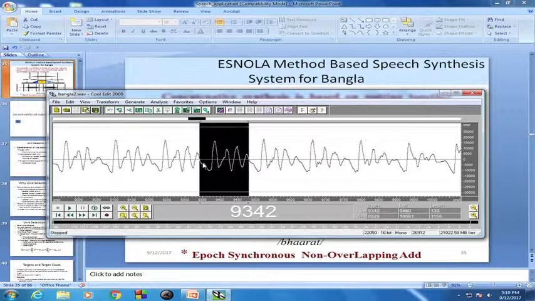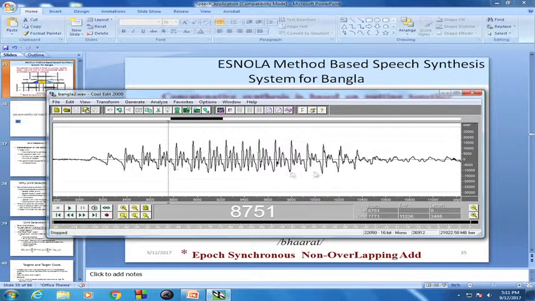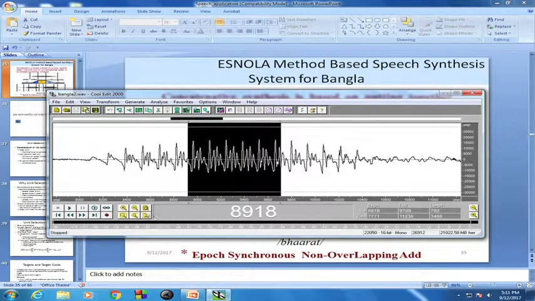If I suppose the steady state vowel, I do not know how long is required. So, depending on the duration requirement, I can repeat this vowel portion to generate it. I can show you here also. Suppose I cut this vowel,